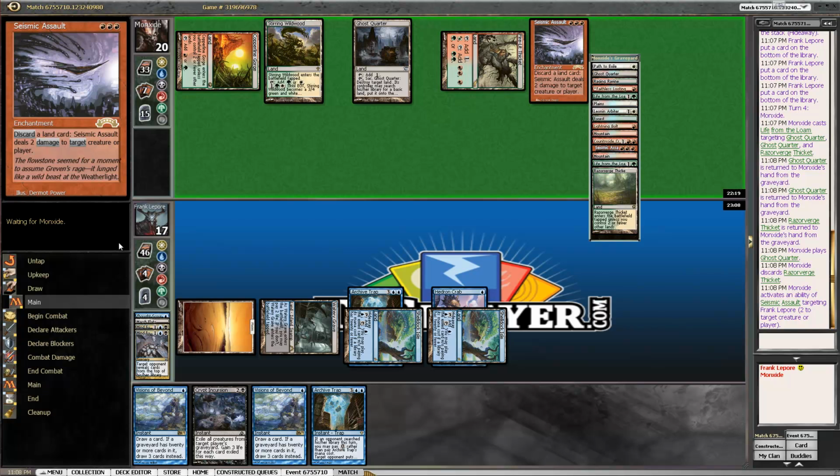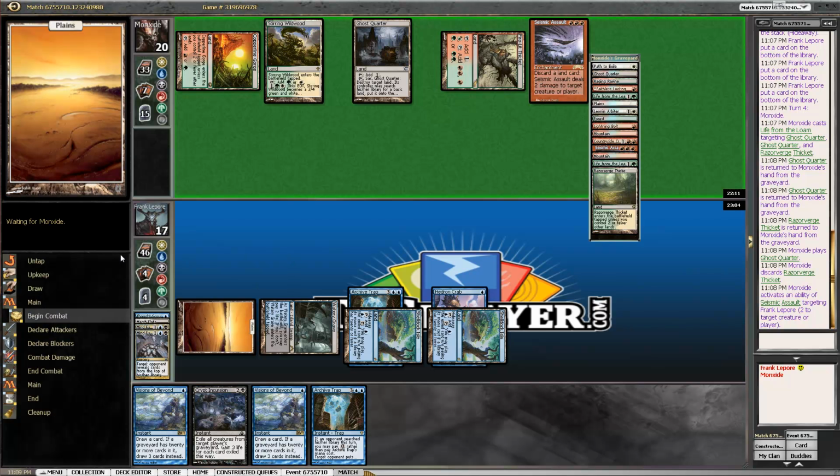What's going on here? What are we doing? I don't know what to call this deck. What do you call it? Aggro Loam? That's what I'm going to call it. Because I feel like he's being a little aggressive right now, so...